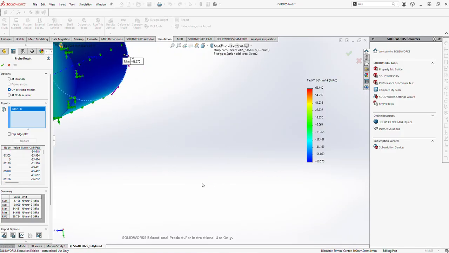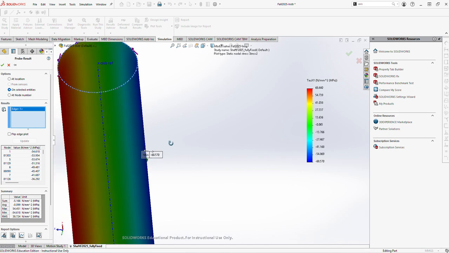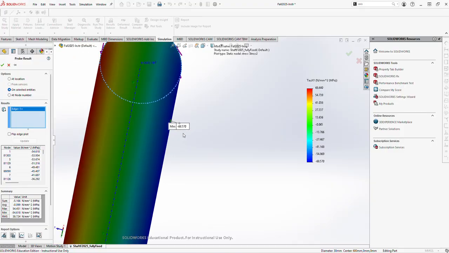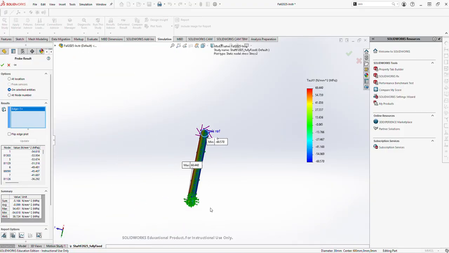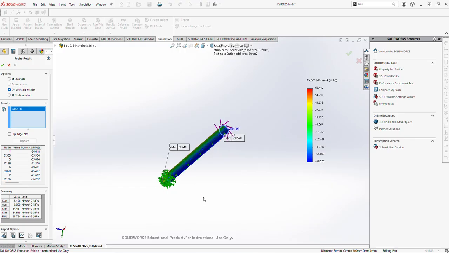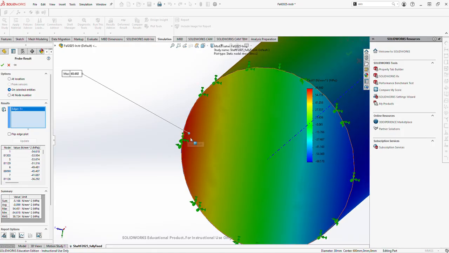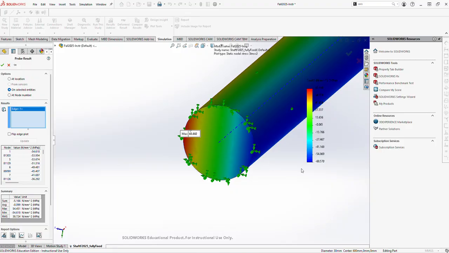Rather, it is being seen on the constrained edge of the... sorry, not the constrained edge, but actually here. Yeah, so it's on the constrained edge of the shaft somewhere around this location. Okay, so if on the other hand I choose this constrained edge and I just remove the first option and